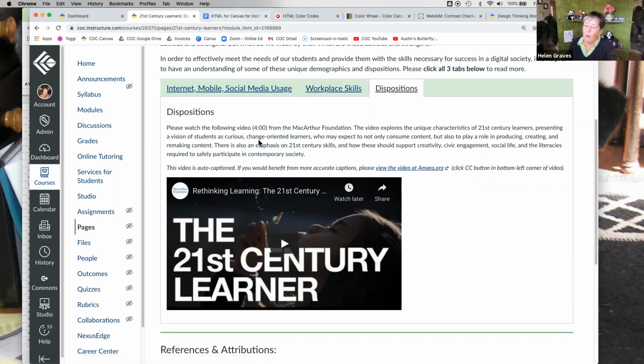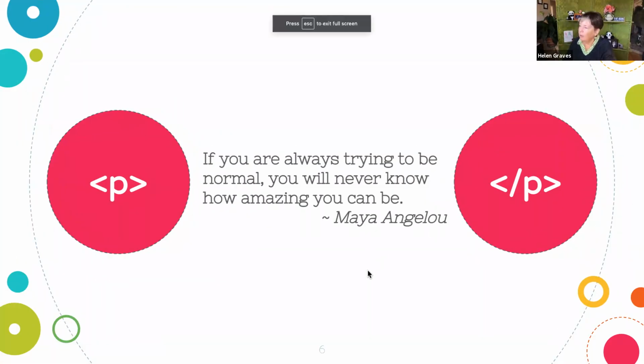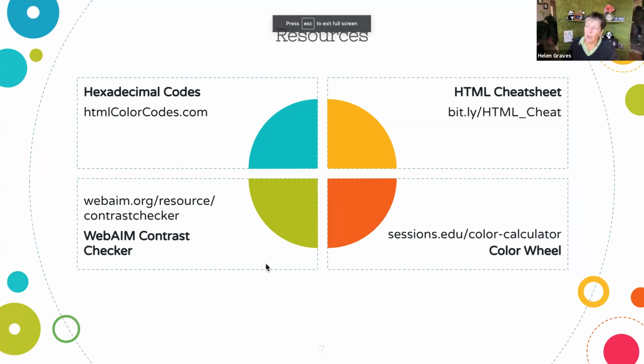Okay, now I'm going to do two things. I'm going to show you this in case you want to take a screenshot of these, and then I'm going to show you what each of those resources is about. I can also put them in chat. Whatever way you want to get to these, I know some people have said, oh, I like to take a screenshot. So I wanted to show you this if you want to take a screenshot of it. And now let me show you what they are.